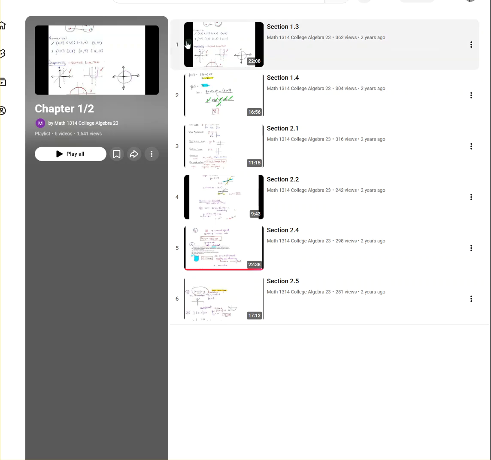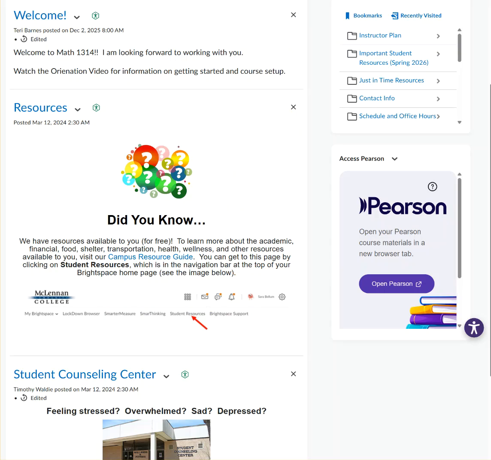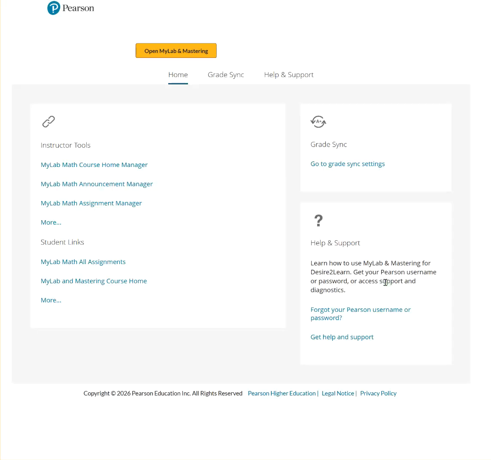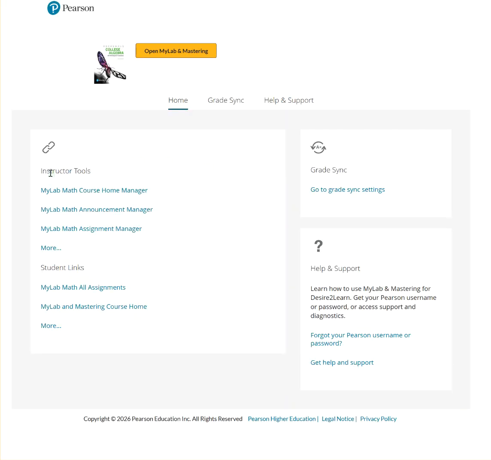So let's go look at the homework now. All right, so you have two places that you can open Pearson. So if we go here, you probably will not see the instructor tools, but you will have these tools down here. And if we go to my Math Lab All Assignments,